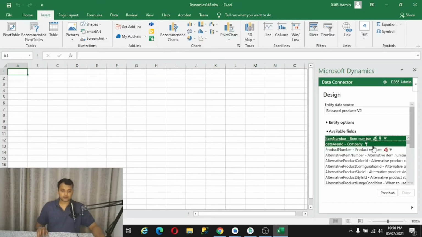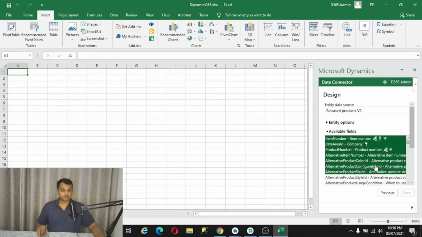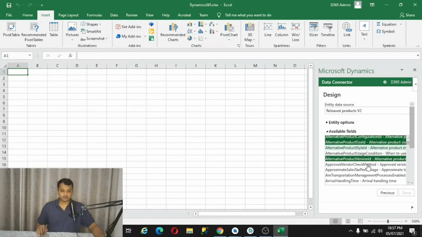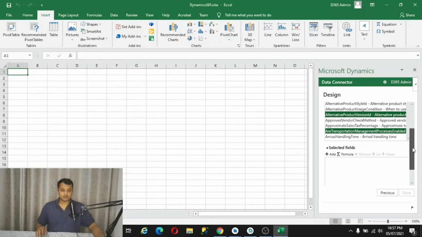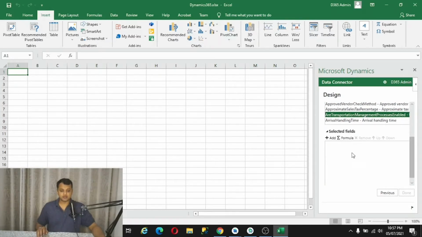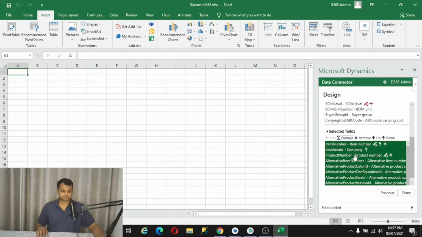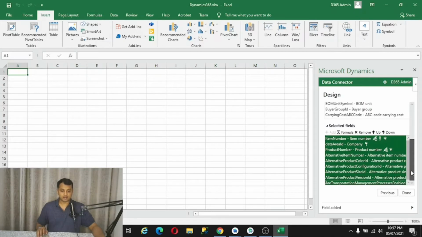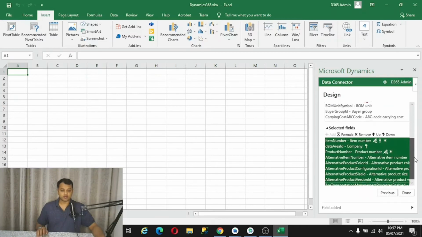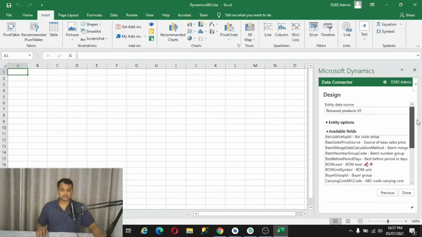I am going to select multiple fields, mandatory or not mandatory, just for my fetching purpose. Once I have selected all those fields, you need to click on add, and I have added all the fields which I want to see in my Excel, which I want to extract from the system as well.